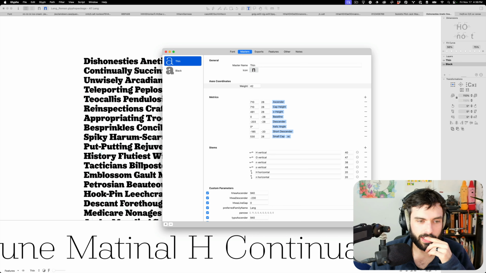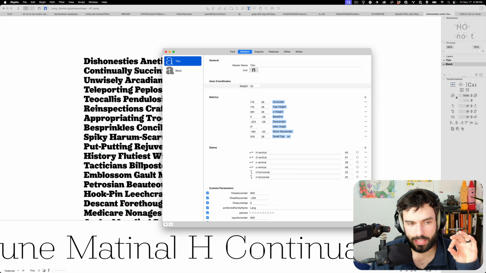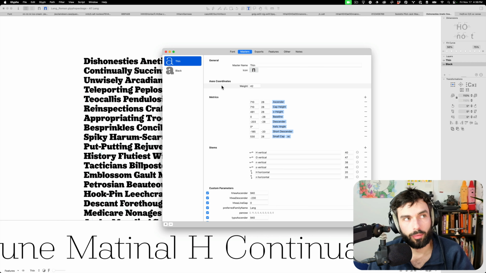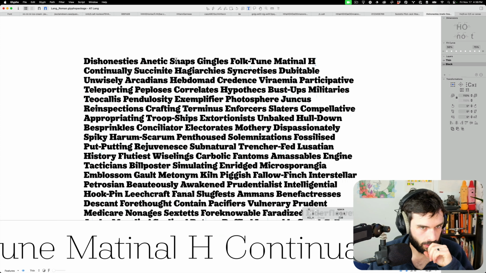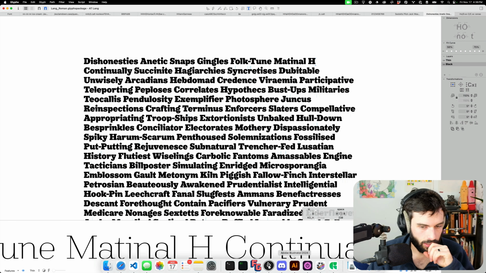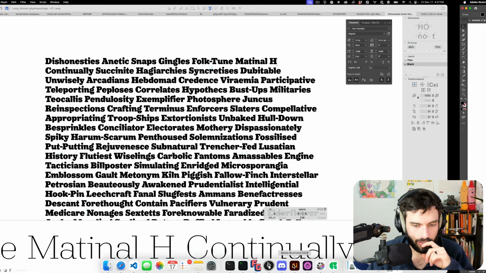An interesting question that I just realized I have is, do small caps maintain the same height between bold and thin styles, or do they vary? I say that because lowercase x-height almost always varies, but uppercase height almost never varies. So that is a very good question. All right, I'm gonna